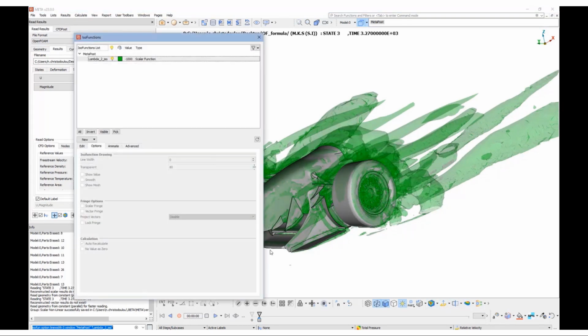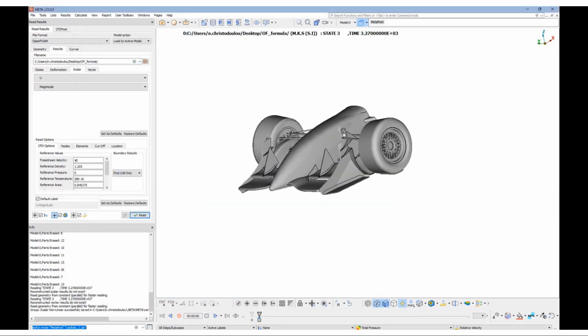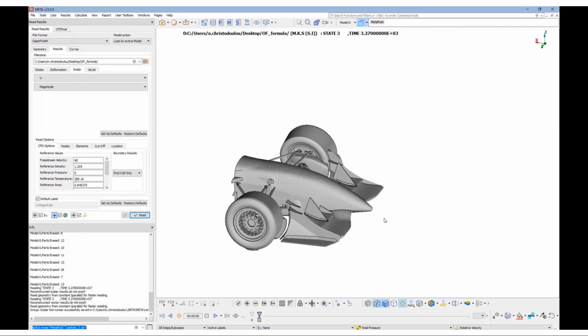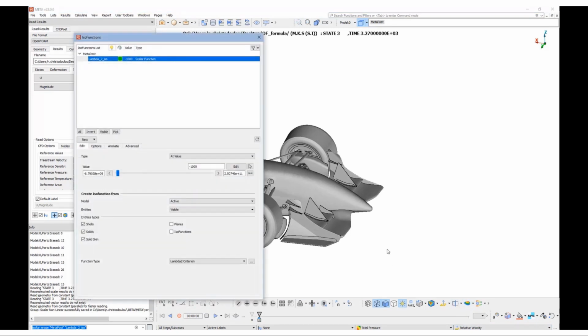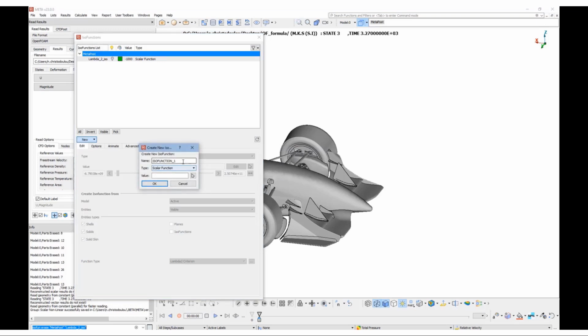And let's see what else we can do with the ISO functions. We can use the ISO function in order to enclose the wake inside the ISO function by using a new closed upper ISO function at total pressure.